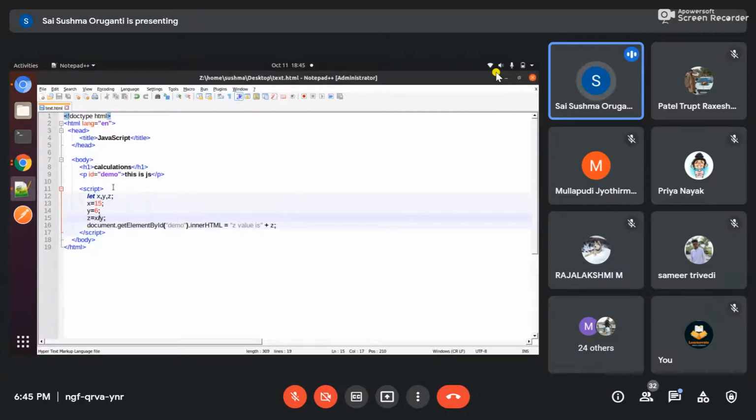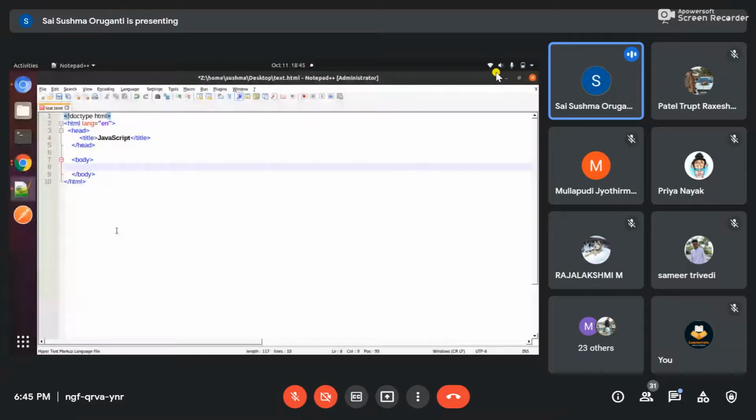So now I will start with string methods. I will just clear all these things. String methods I have shown you, right? Index of, string length, and all, etc. So now I will start.